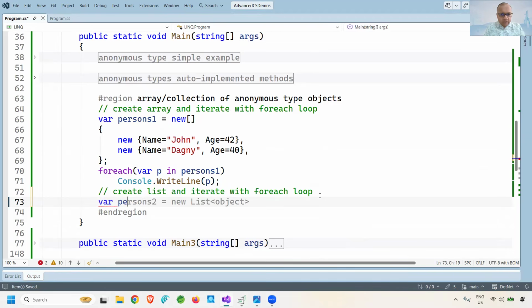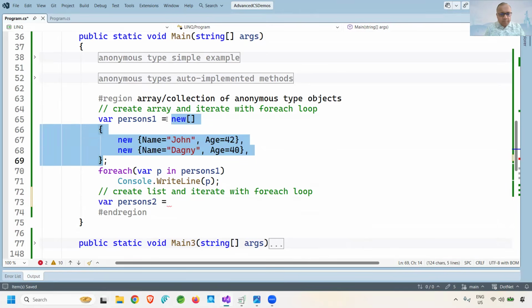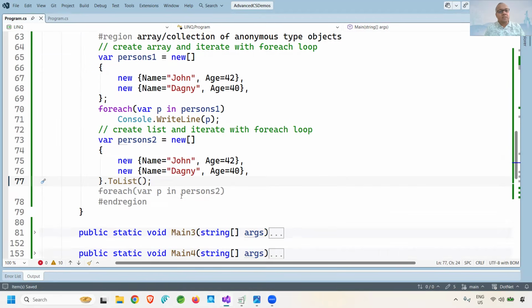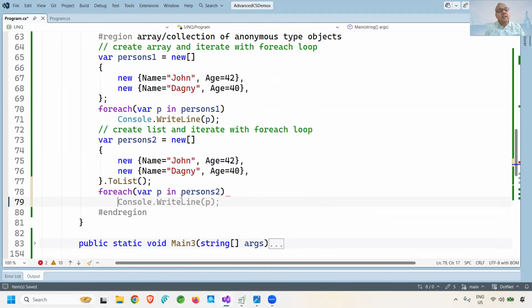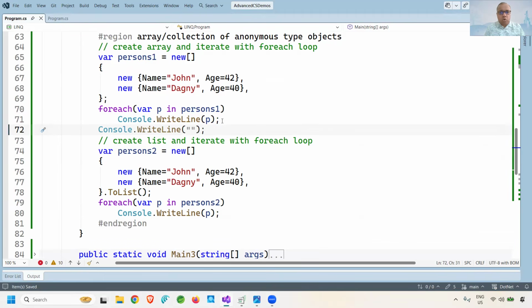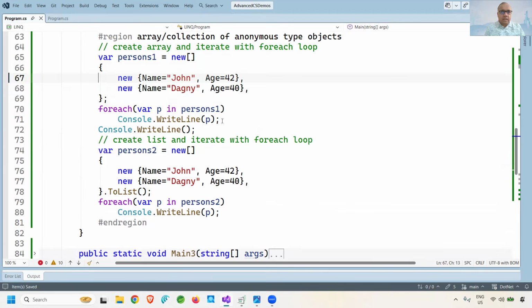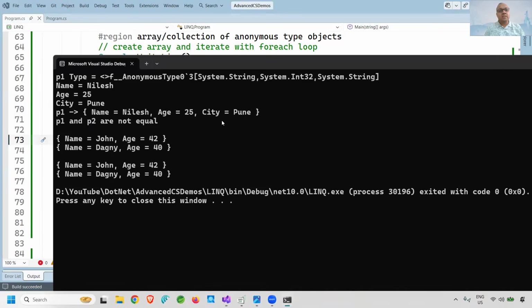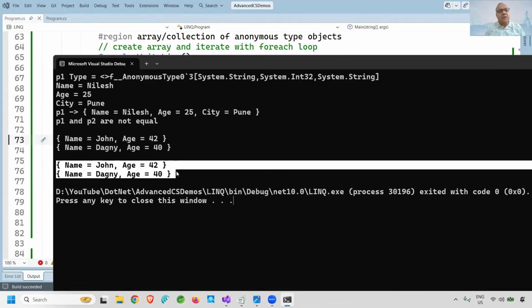But what we can do is we can create the list from the array. Means we can have the array, and whatever array we have created, we can apply, let's say, toList method, which will convert that array into the list, and then we can iterate it separately. Let me try it. Let me put one Console.WriteLine as an empty line over here so that you can differentiate the output. So let me run this